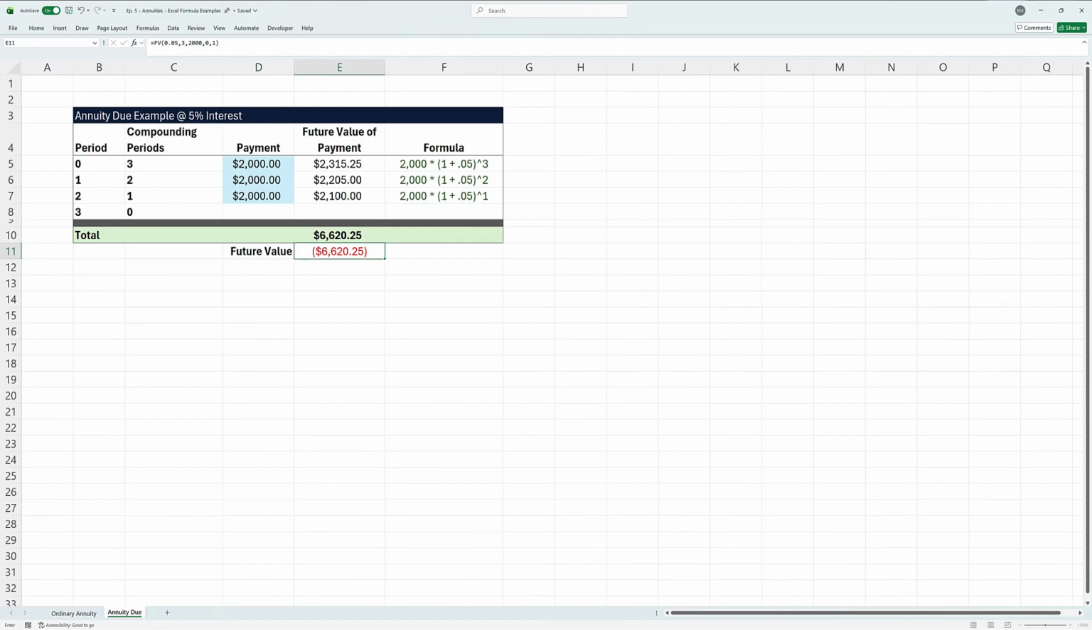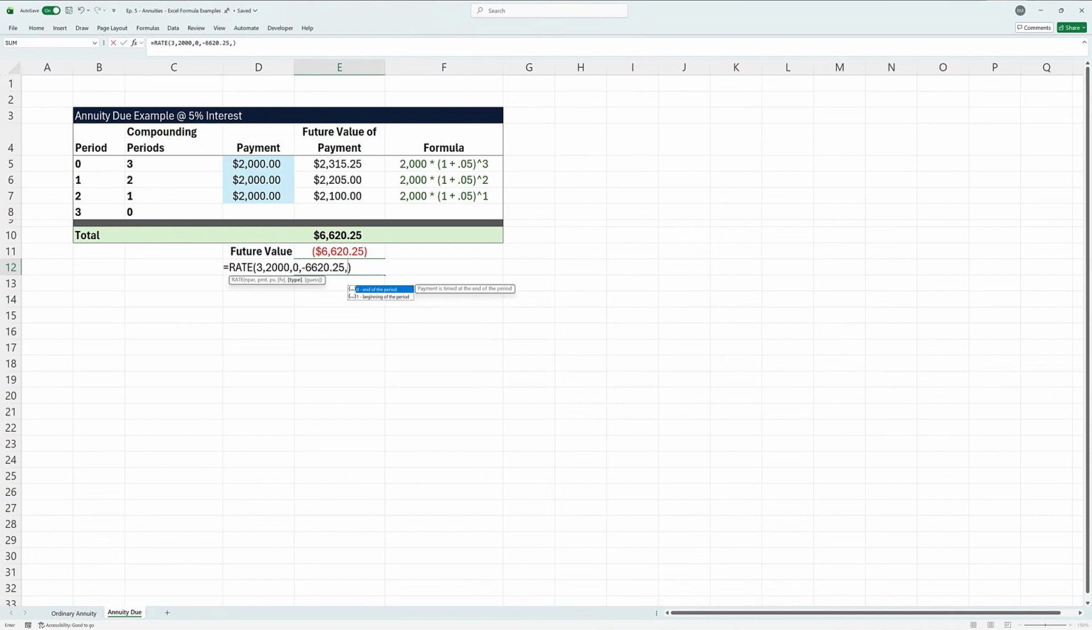So both of these examples confirm that the calculator shortcut is simply automating the same compounding logic we walked through manually. And Excel also includes functions for every other time value of money variable. For example, we can use the rate function if we're given the number of periods, the payment amount, and either or both a present or future value. In our annuity due example, we would enter 3 periods, a payment of $2,000, a present value of 0, and a future value of